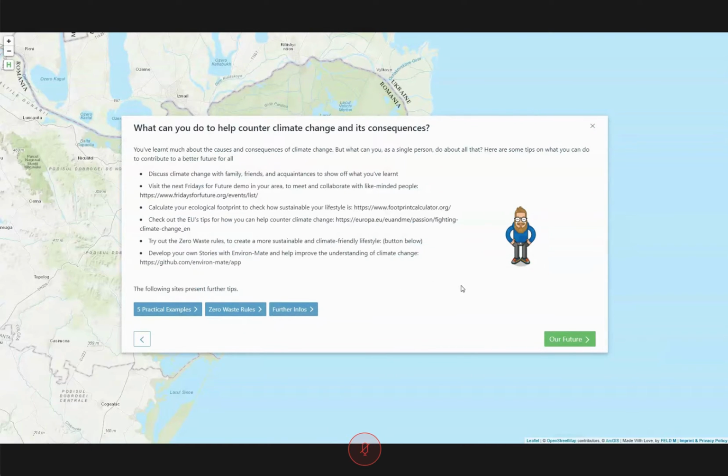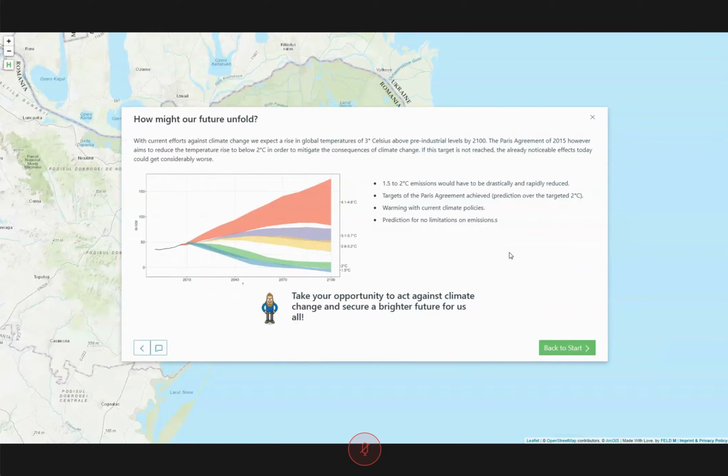Okay, so what if we don't change? What if we don't do anything about the current state of affairs? On this final page, we have included different scenarios in this graph that show over time on the x-axis how the average temperature increase will develop depending on whether we reach, for instance, the agreements from the Paris Agreement, or whether we don't do anything about the current emissions.